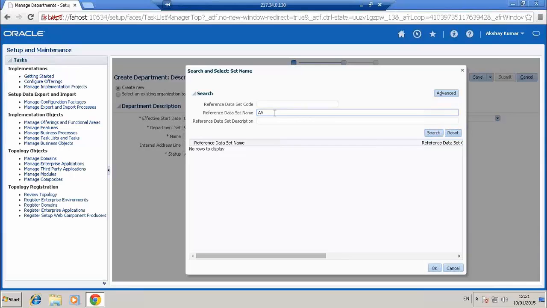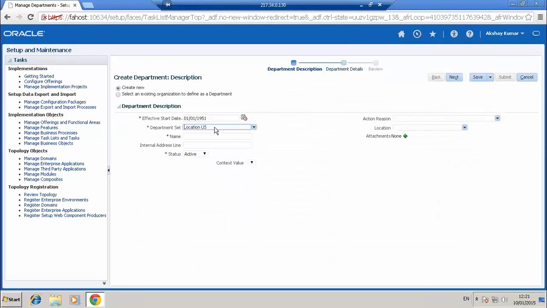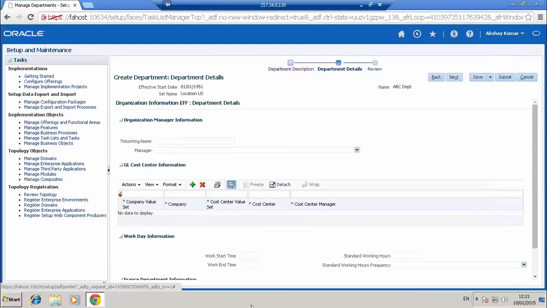Sorry, that was for location, the code, right? Yes. If I give it to this particular department, it is just an example. Consider this as the EPC department, making it active. These are the other details required for department. Manager name will be required in other aspects, just leave it blank.